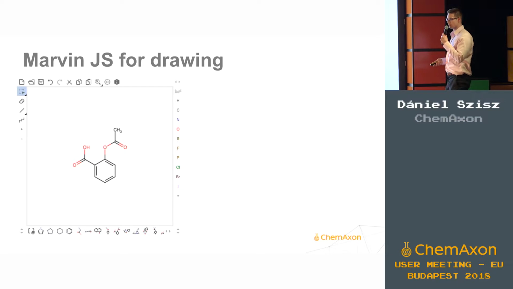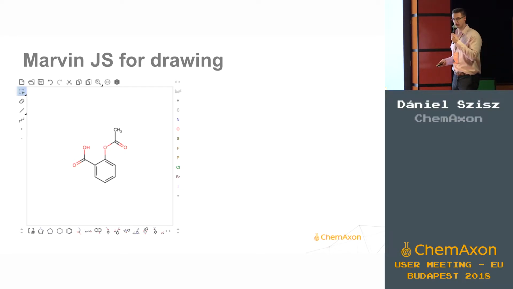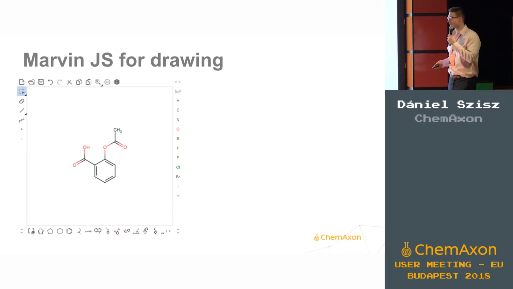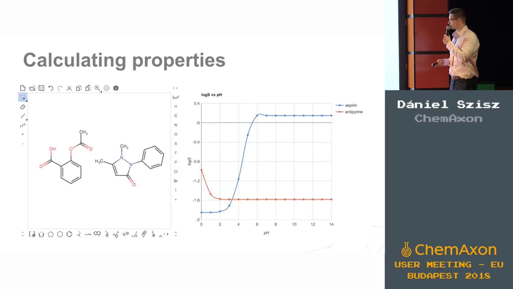Once you have a molecule drawn, for example, with Marvin.js, you most probably want to go one step further and calculate important physicochemical properties for your molecule. This is what the Chemaxon calculators are all about. They provide you with the most important properties used in drug design and drug development.